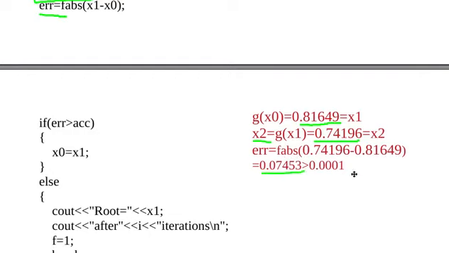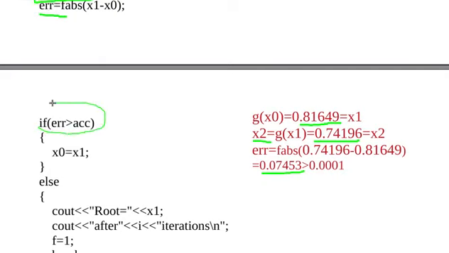I want to have an accuracy up to 4 decimal places, so I put the accuracy as 0.0001, that is 4 decimal places. If it is greater than that, it means I need to continue the iteration. Say suppose you have reached the accuracy level, then what will happen? The difference will produce here 0, here 0, here 0, here a 0. So that will definitely be a value which is less than 0.0001. Then the iteration will get stopped. That is what is happening here.